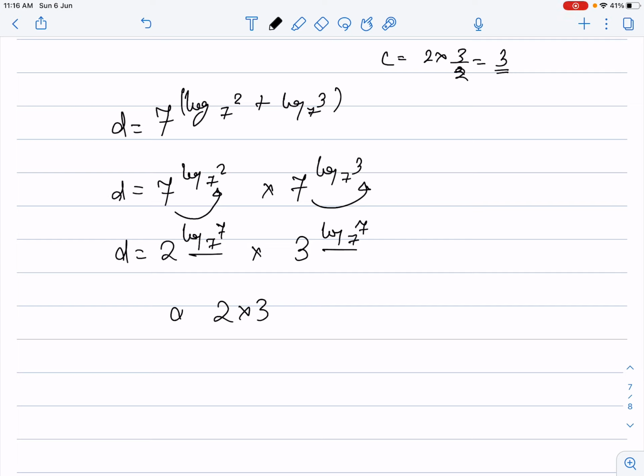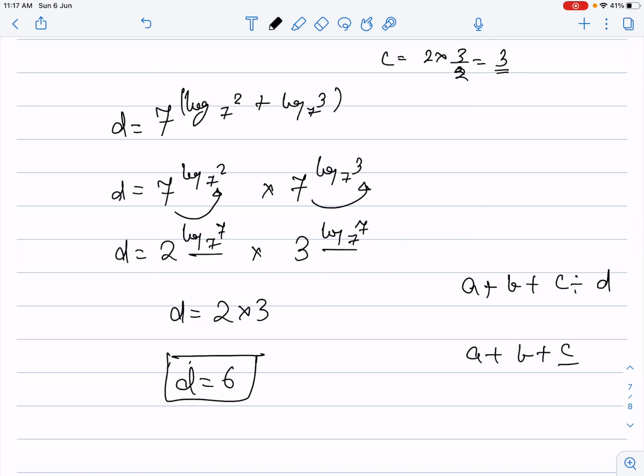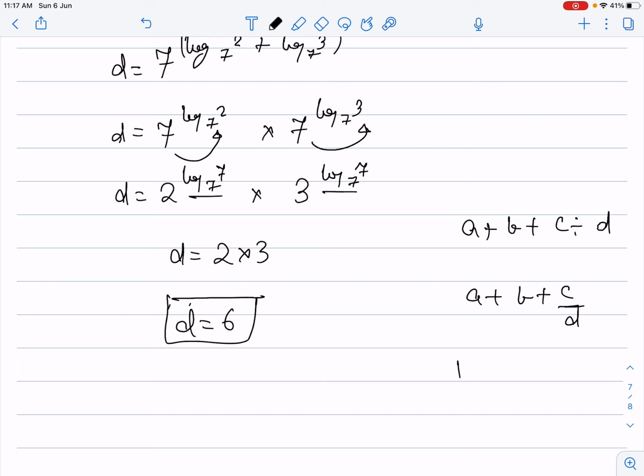Now guys, what is the value they have asked it to us? They asked us A plus B plus C divided by D. So board mass we already know that division should be done first, then after that we should do addition. So A value, what do we know? The value of A we know sir as 1, B we know sir as 2, C we know sir as 3, 1 2 3 no problem, and then 6. So 1 plus 2 plus 3 divided by 6, that means 1 plus 2 plus 1 by 2, that means 3 plus 1 by 2, that means 7 by 2.